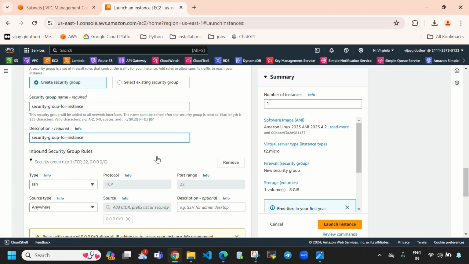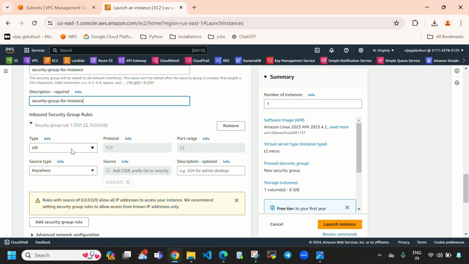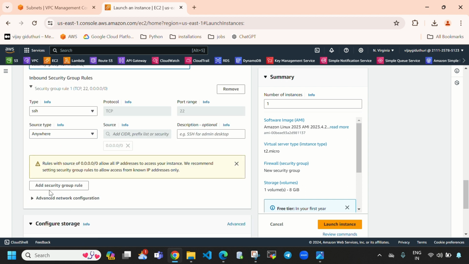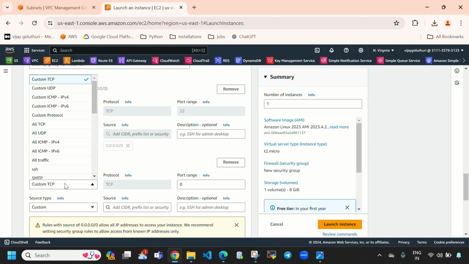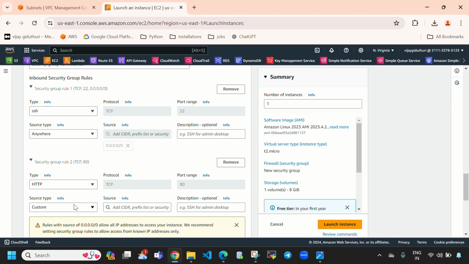So when we create any EC2 instance, by default SSH will be enabled, guys. So let's create another. Directly select add security group rule, and here type I'm going to select HTTP, and here custom, okay, let's select custom.